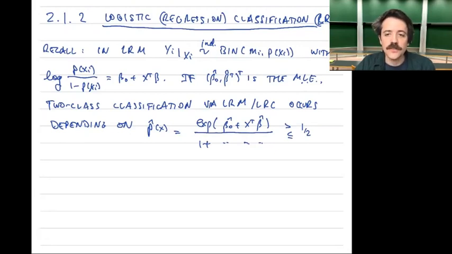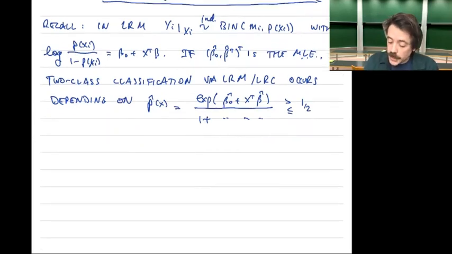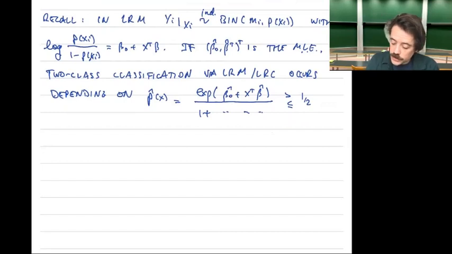Because if it is greater than 1/2, then we clearly want to accept the class with label 1. So if you're given an x, then we will classify it as the class with label 1. And if it were less than or equal to 1/2, then we accept class 0 for the observation x, right? And where we put the equality is arbitrary, so we just put it with the less than. Okay, so fine, but there is yet another way in which we can do this,